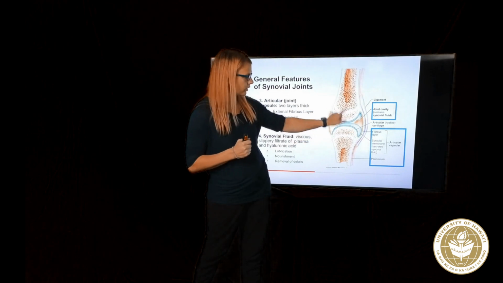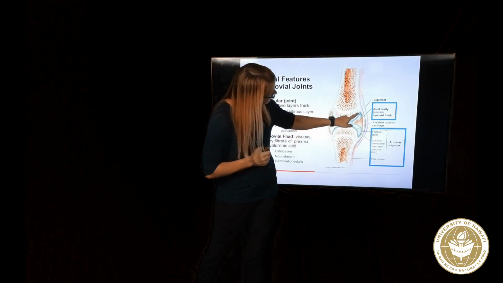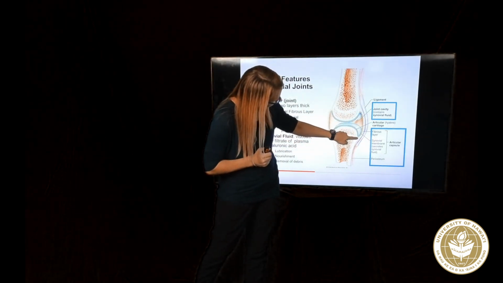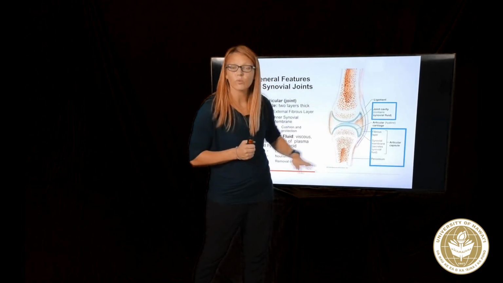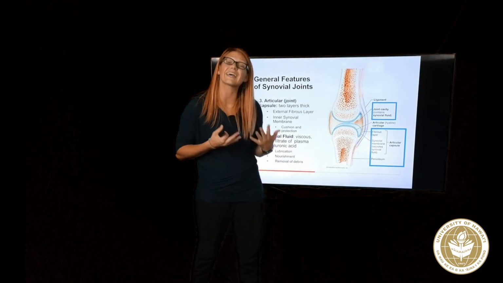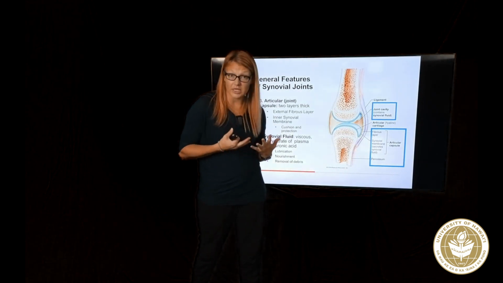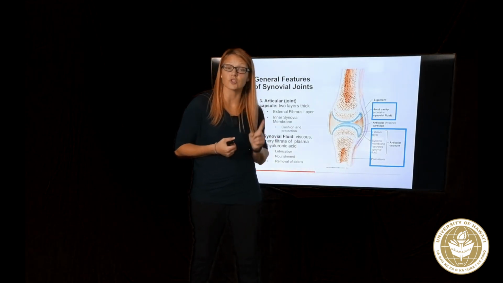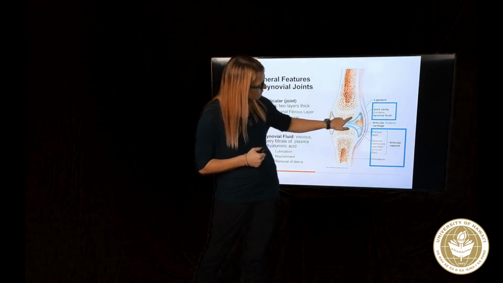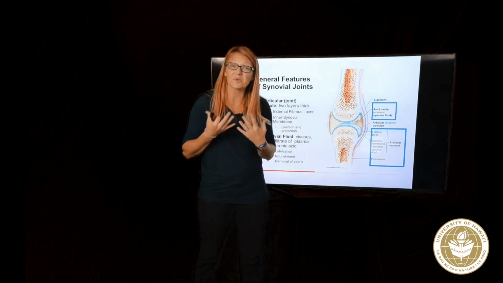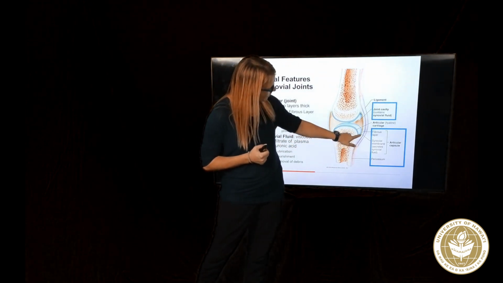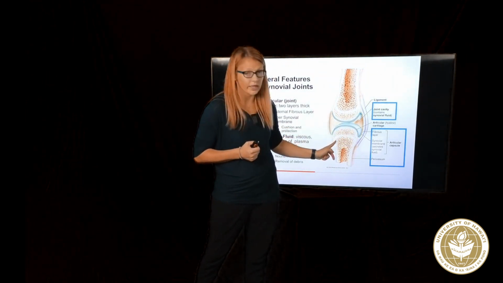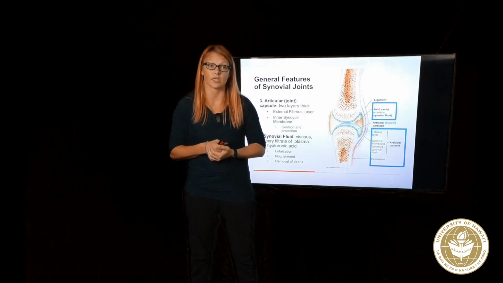And I kind of went a little bit too far the first time that I drew it, but this synovial membrane would be right in here. The reason why it doesn't go right up here, what's already there? The hyaline cartilage, right? That articular cartilage that we talked about as the first general feature. So in blue here is that articular cartilage. We don't need to cover that area. It's already covered. So the synovial membrane in green here is covering the areas that are not covered by articular